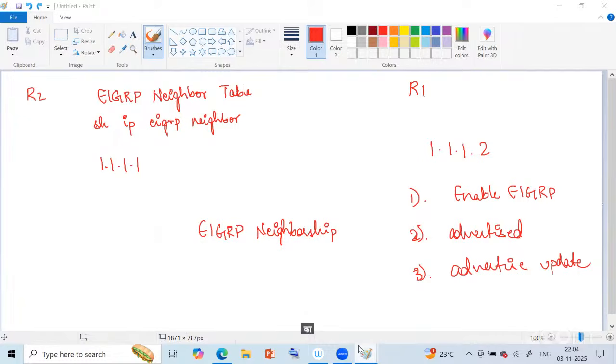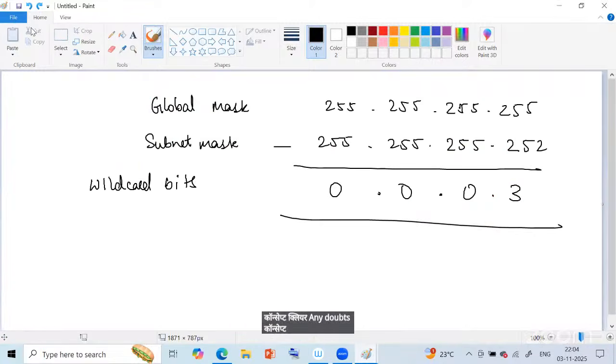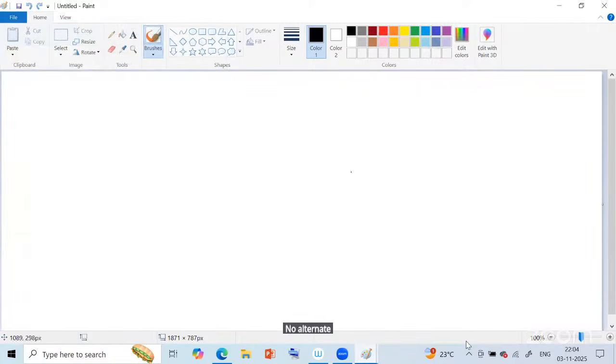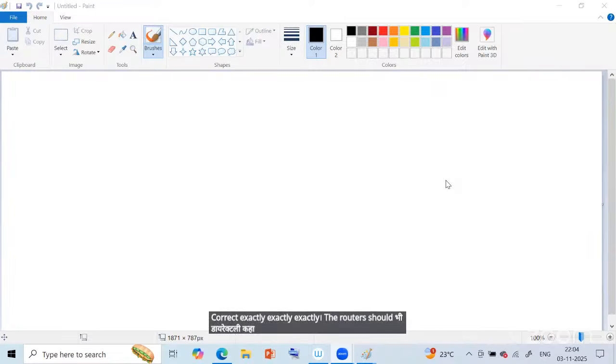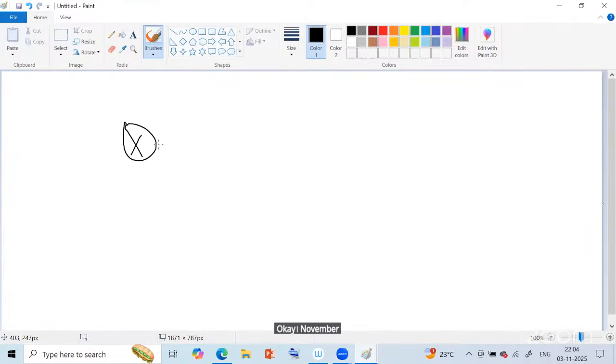Are these concepts clear? Any doubts on these concepts? No, all clear. Hello, Rahul. Yes. Only directly connected routers will form the EIGRP neighborship. Correct. Exactly. The routers should be directly connected for forming neighborship. If you think of a scenario, okay, now let's say